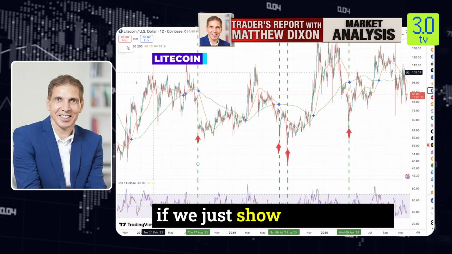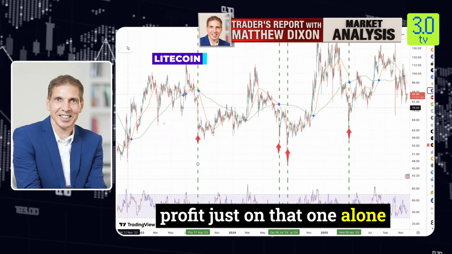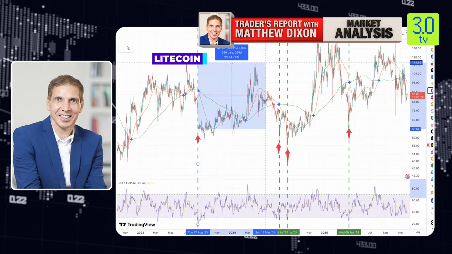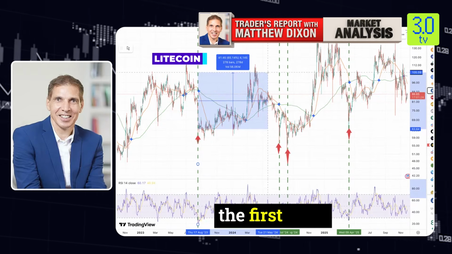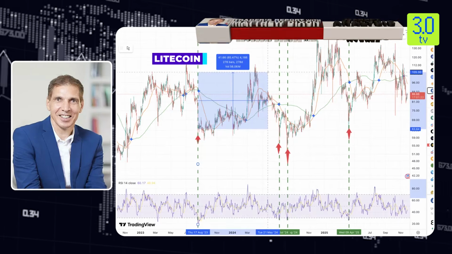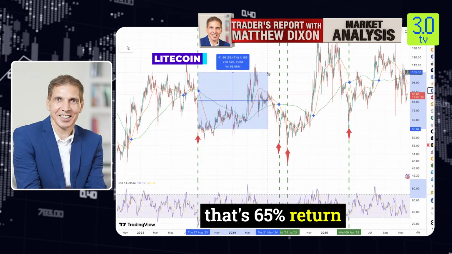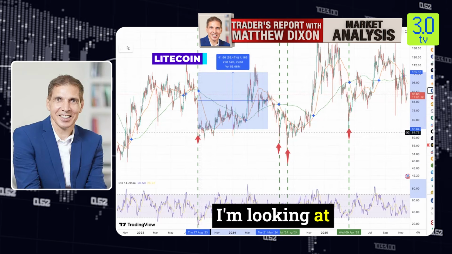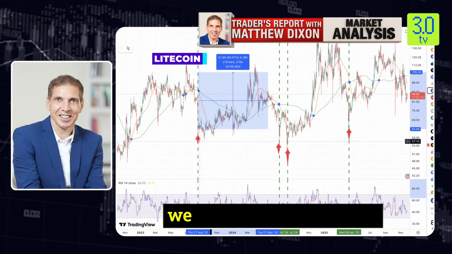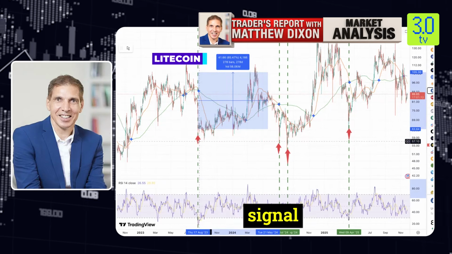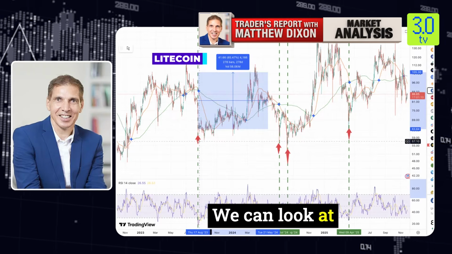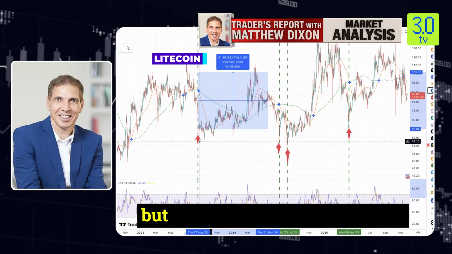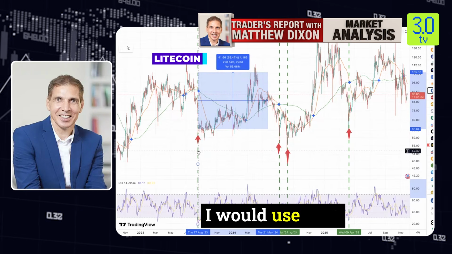I mean, if we just show the potential profit just on that one alone, even if we entered up here and exit the first peak, not even the second peak, that's 65% return. So from here to here, I'm not actually looking at peaks. I'm looking at an entry signal, and then we can actually use other indicators for the entry signal. We can look at divergence, we can look at MACD. There's a number of different indicators we could use, but this is the primary indicator I would use here,